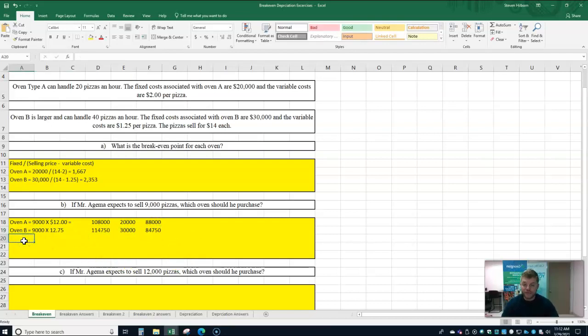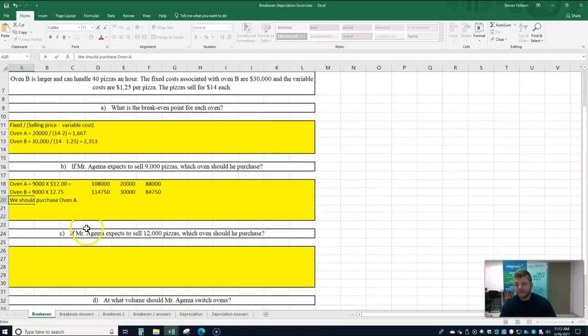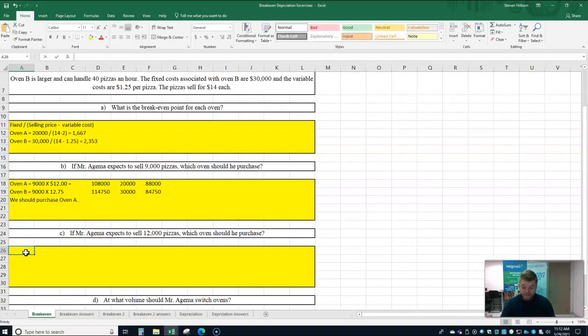So what you would do here is you would say, we should purchase oven A, right? Because we're making $88,000, we're making $3,250 more, so it just kind of makes sense. Now, that's if we sell 9,000. So what if we sold 12,000? So same thing, we would do oven A,